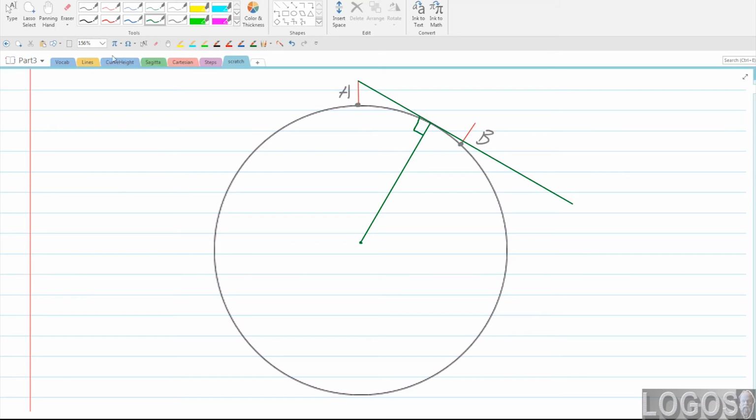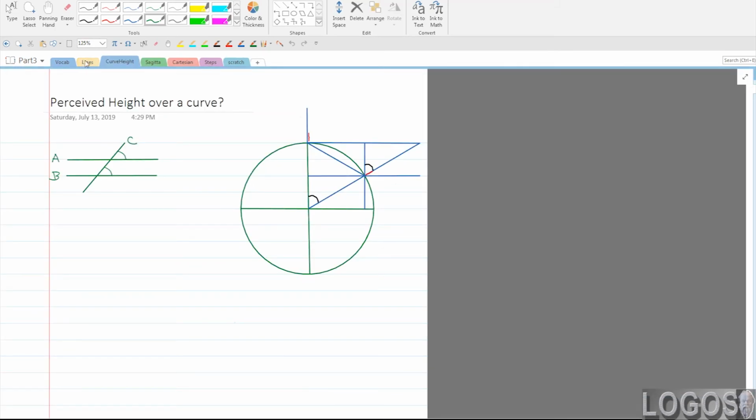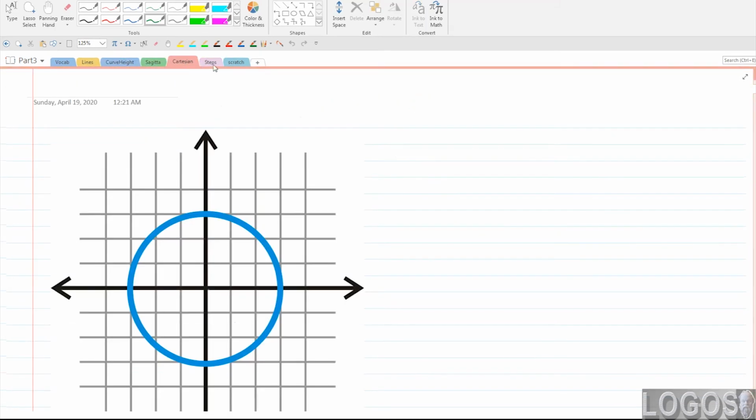Please, if you have any questions, how to mathematically, what is the math behind this? How do you find the apex? How do you find the tangent location? And I have the math. I have all the math. Where is it?